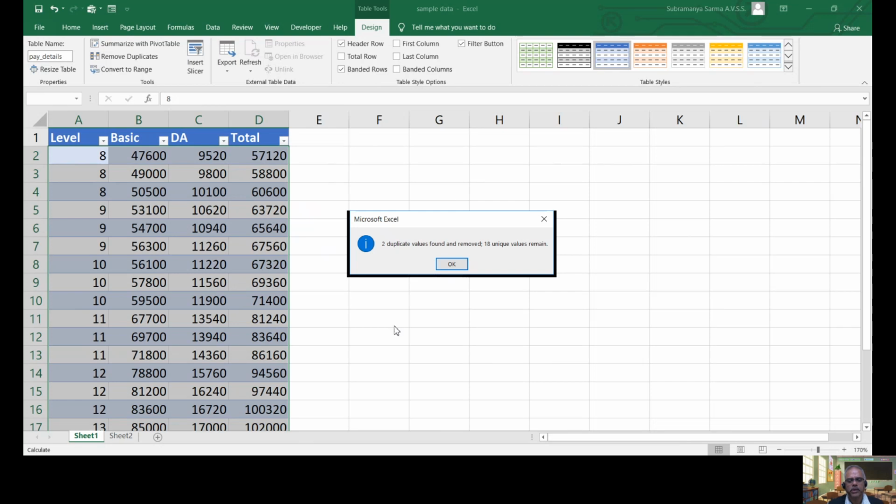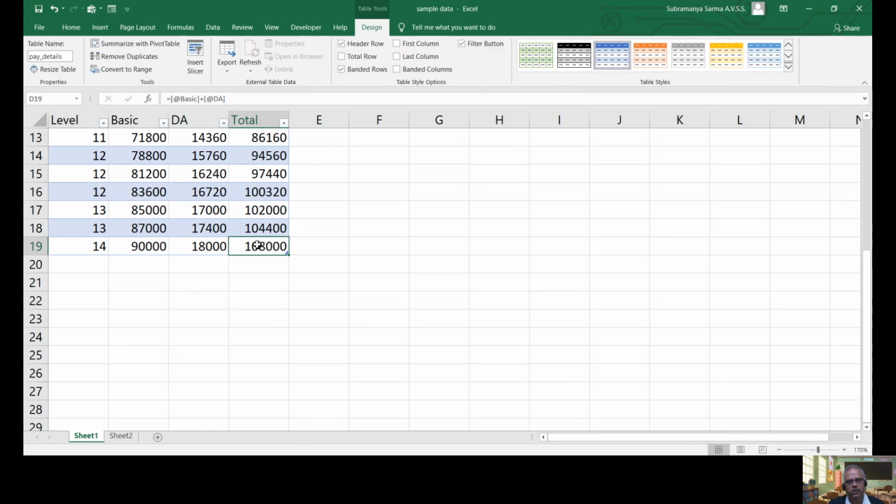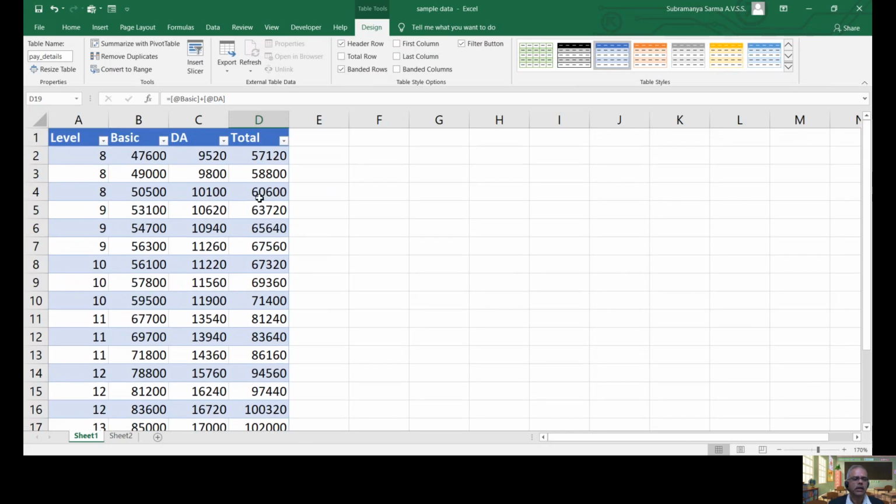Oh, sorry, it is not allowing me to zoom because I have to click OK here. It is saying 2 duplicate values found and removed. 18 unique values remain. So this is the message, and I click OK. Now you see 9 and 10, the 2 rows which we added, were removed from the table. So removing duplicate records is very easy and convenient with tables, right?